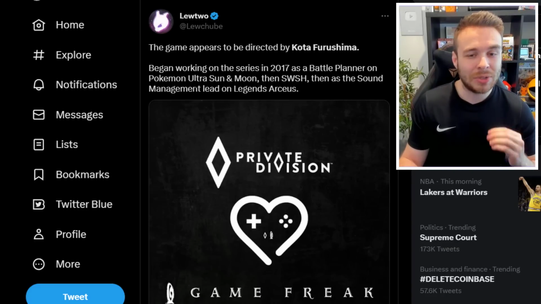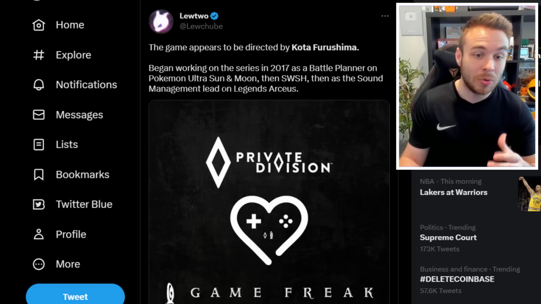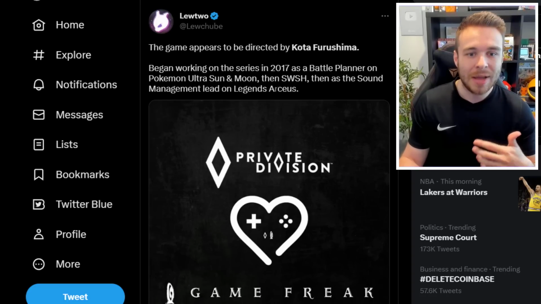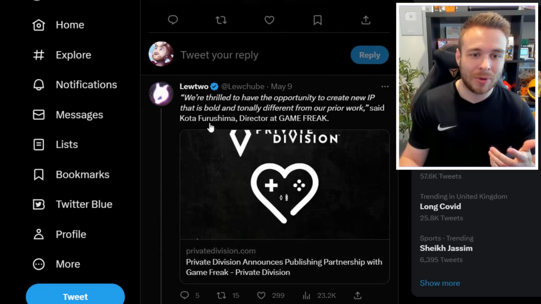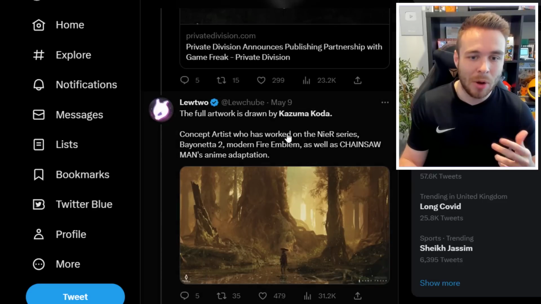Began working on the series in 2017 as battle planner on Pokemon Ultra Sun and Ultra Moon, and then Sword and Shield, then as the sound management lead on Legends Arceus. So they also go on to say, we're thrilled to have the opportunity to create a new IP that is bold and totally different from our prior work, said Kota, director at Game Freak. The full artwork is drawn by Koda, concept artist who has worked on the...